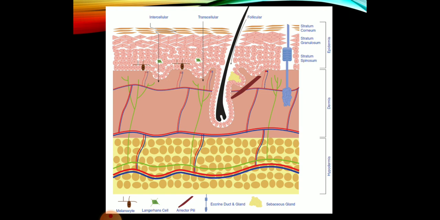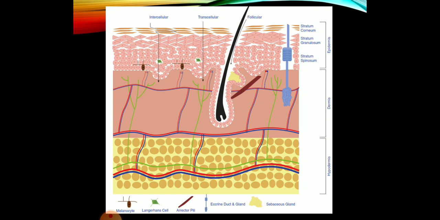The second or the mid zone is the dermis, which is a thick, highly vascular layer made up of ground substance, fibroblasts and collagen fibers. They also have different skin appendages, the sweat glands and the pilosebaceous unit embedded in it. This layer is richly supplied with nerves, mostly a sympathetic supply, and it is metabolically active.